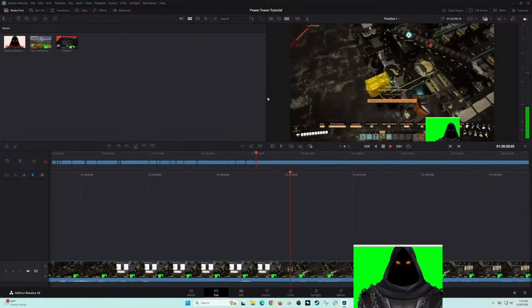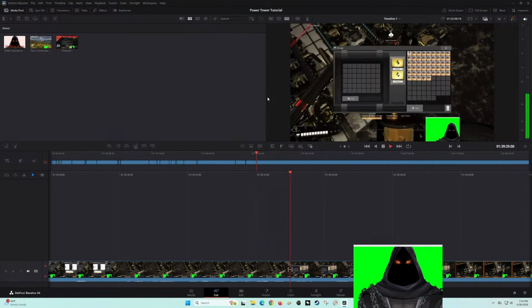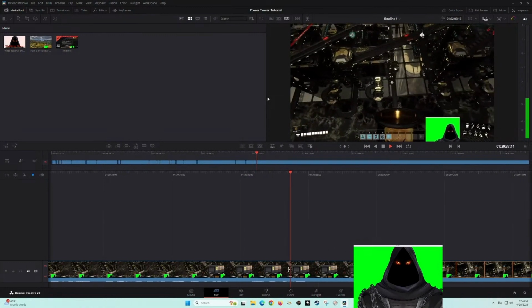So I'm going to continue doing this, and I'm going to fill up all of these other storage bins here.